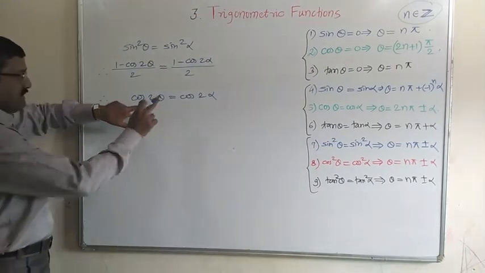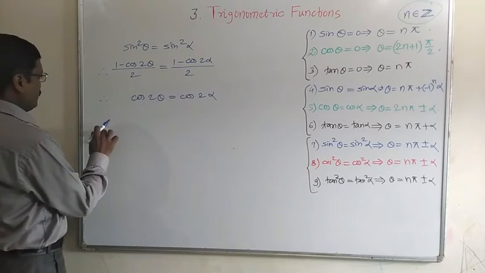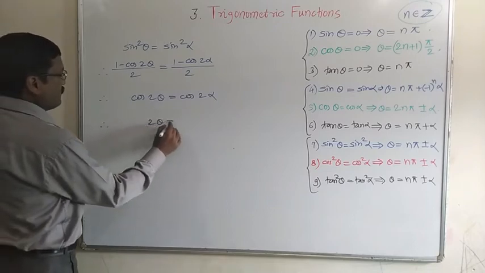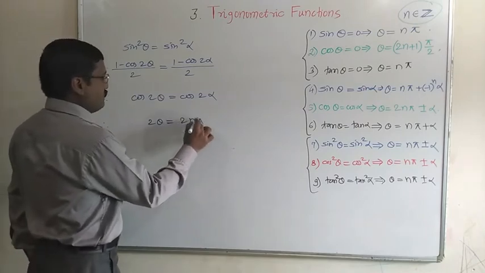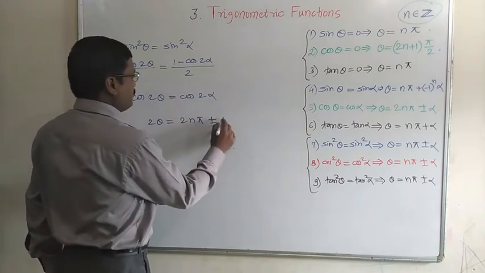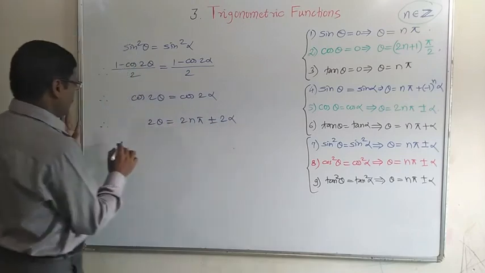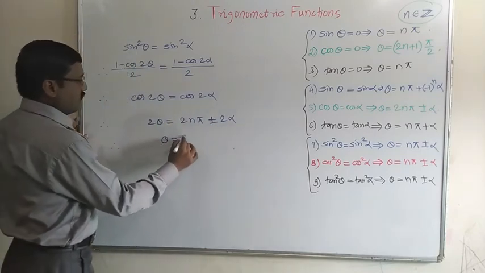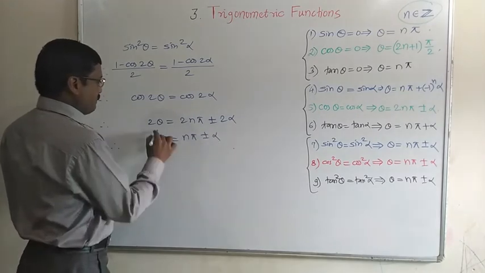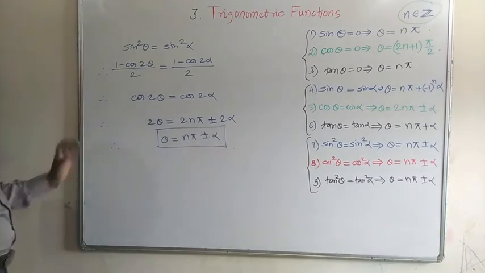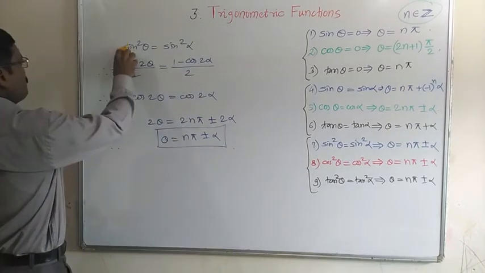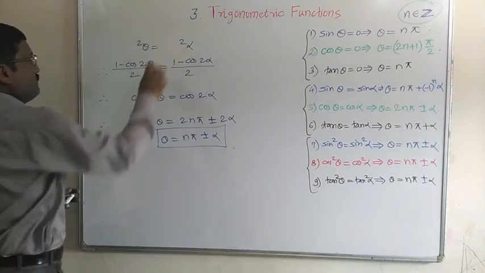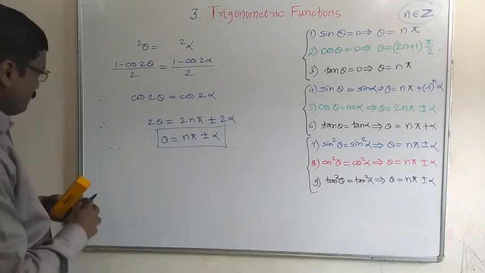Instead of theta, here it is 2 theta. Therefore using that fifth result, we get 2 theta is equal to, that fifth result said theta is equal to twice n pi, so twice n pi plus minus alpha, that is 2 alpha. So cancelling 2 from each, we get theta is equal to n pi plus minus alpha. That is the required result. So it is very simple to prove this first one. Let us see the next, cos square theta. Now whenever cos square theta is given, what will we get here?